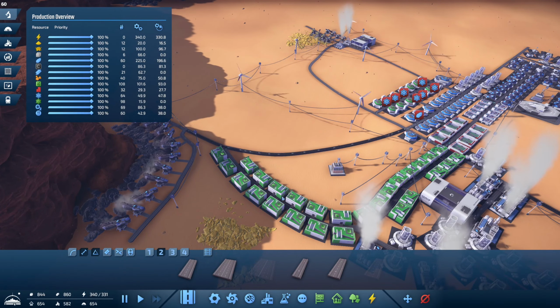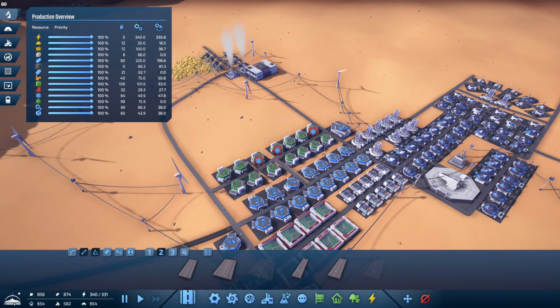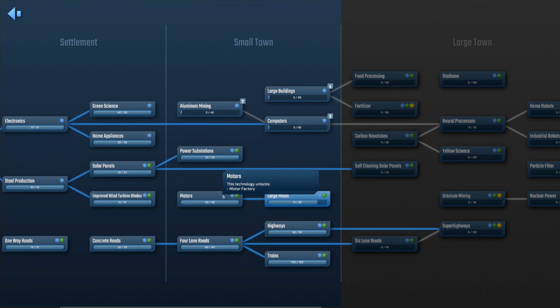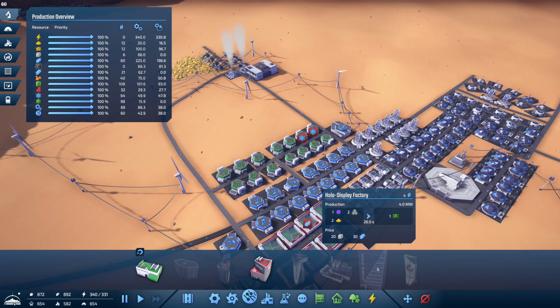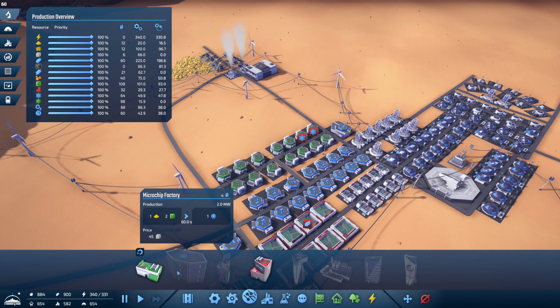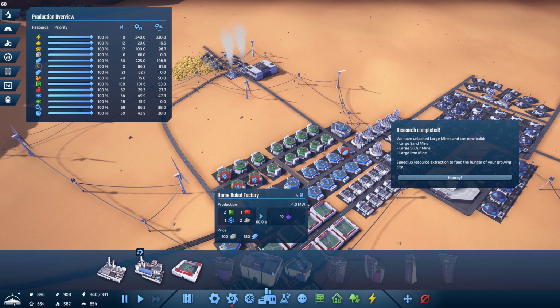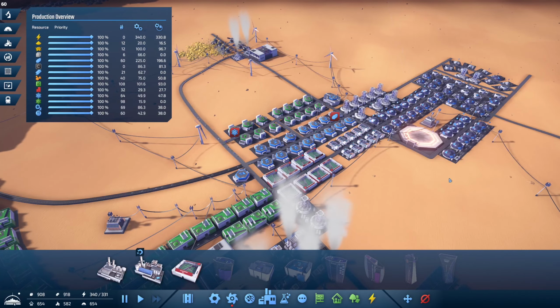I kind of want to mess with the train station. I don't know the best use of a train station yet, so how's my research coming? I'm about to get large mines. I still don't know what these are for. I can make them, but why? Why do I want them? What do I use them for? Kind of looking at future buildings, seeing if any of them has the little motor symbol. There we go. Home robot factory. I don't have any of those, so let's...